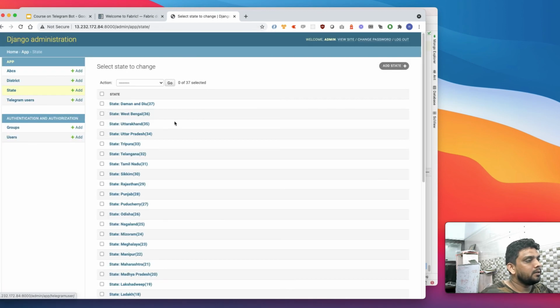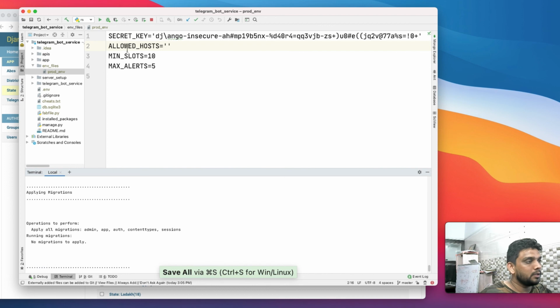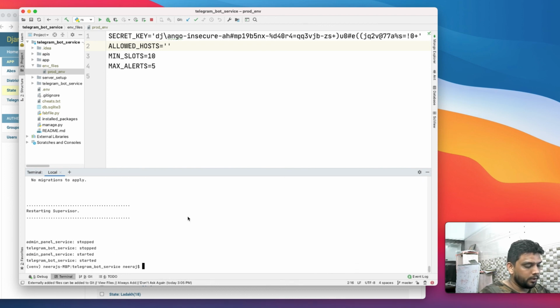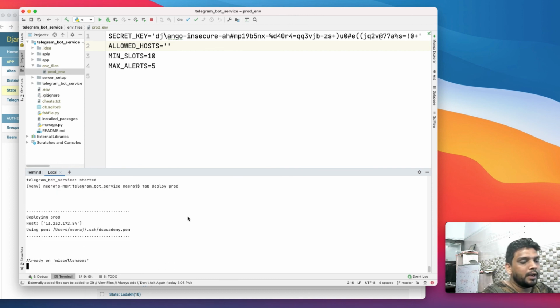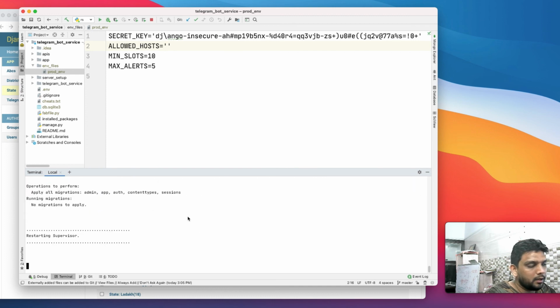Now it is there. And let's do a test. What I have done is I have just removed this localhost, this allowed host, from the configuration, and I am deploying the code. Right. So now when I deploy the code, my server should throw a disallowed host error, because essentially my server does not have those settings. Let's see.